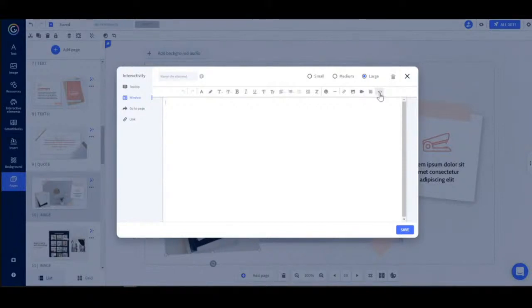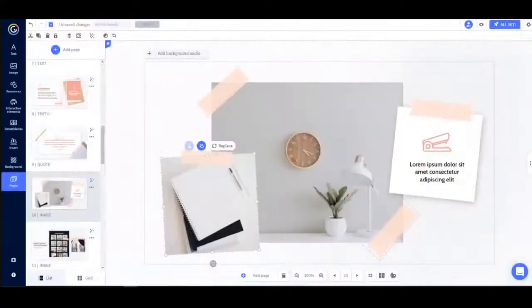What Windows help to do is they help to make our content more accessible and to simplify our communication. Now, in order to make a window appear, I'll show you in 1 second, we have to click on the interactive element. This is a window. Let's see what that looks like.